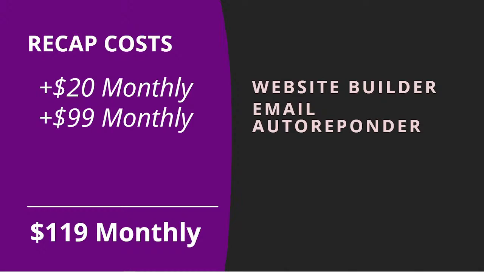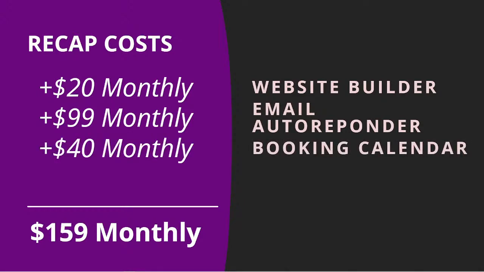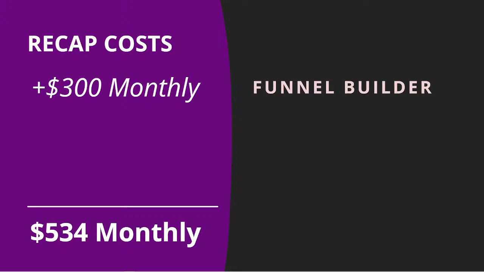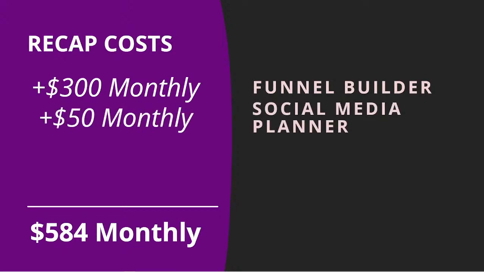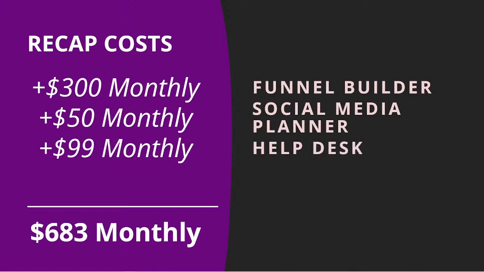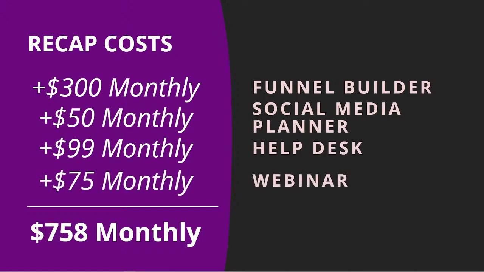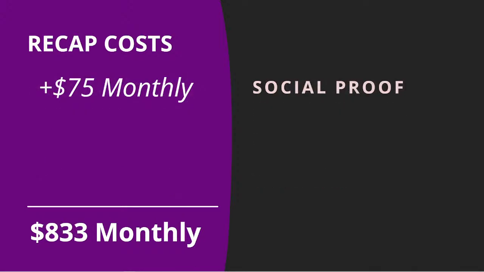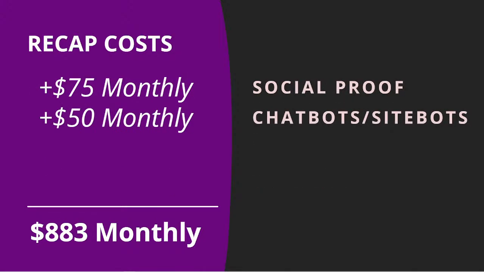Add to that the email autoresponder, which is $99 a month, $40 a month for the booking calendar, $75 a month for the CRM, $300 a month for the funnel builder, $50 a month for the social media planner, $99 a month for the help desk, $75 a month for the webinar, $75 a month for the social proof, $50 a month for the chat bots and site bots,